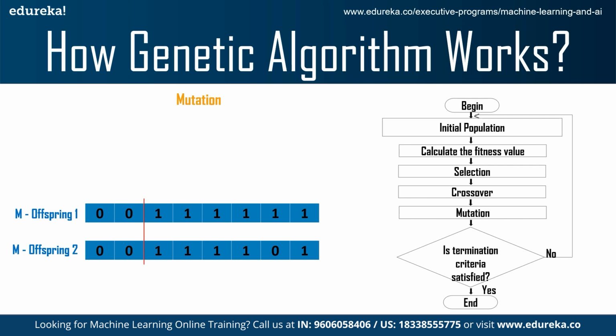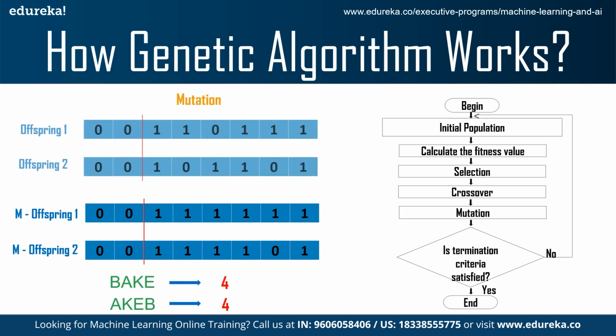Okay, the end point. In the same manner, I have taken that example as well, the bake and cake one. Suppose I get a solution, AKEB, which, if you see the result, is similar to bake, right? All the alphabets are matching with bake. So this is, suppose, the endpoint. I've reached that, and here I can stop, and the genetic algorithm has found the best solution. So this is all about the working of the genetic algorithm.